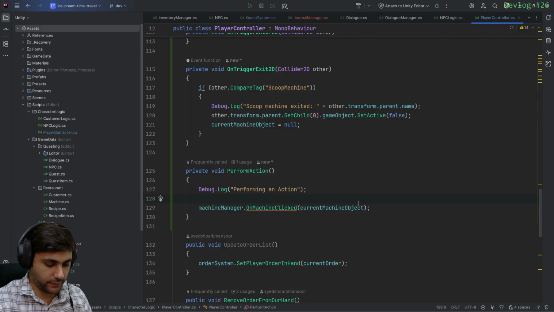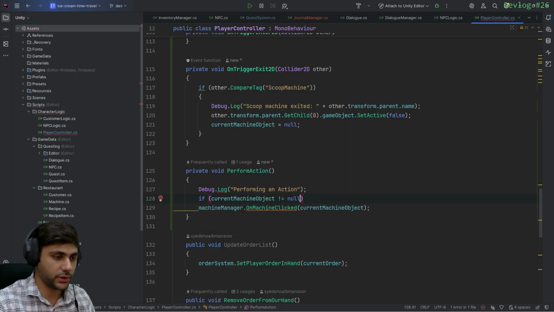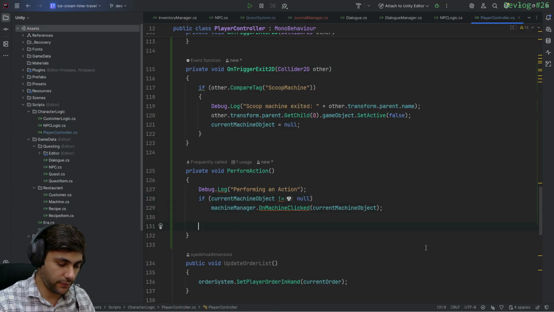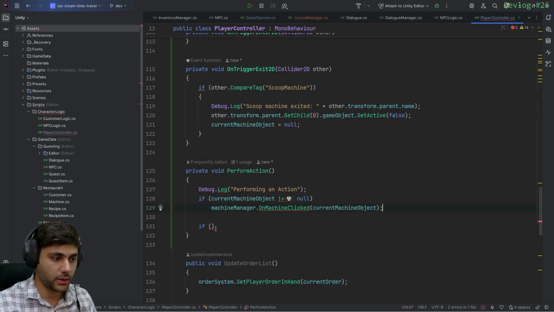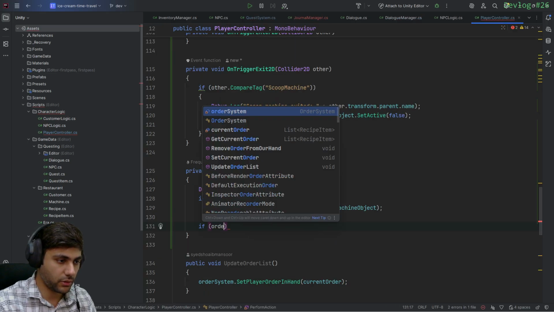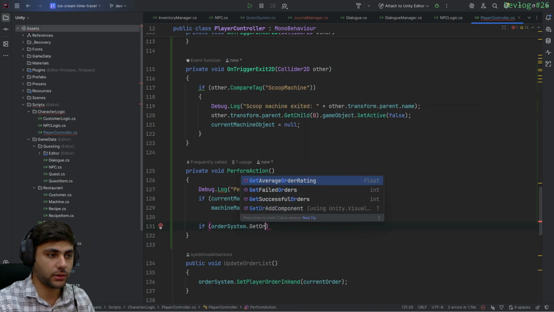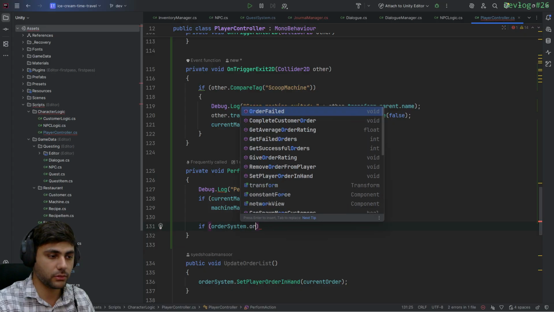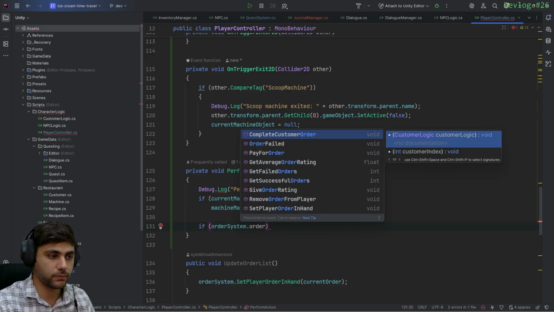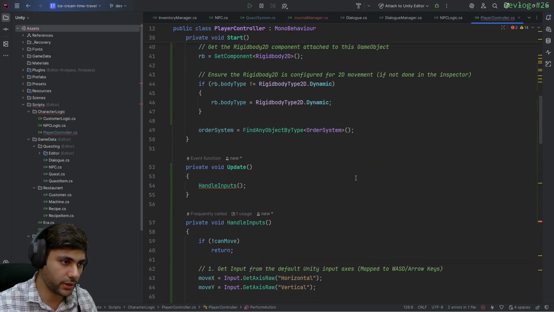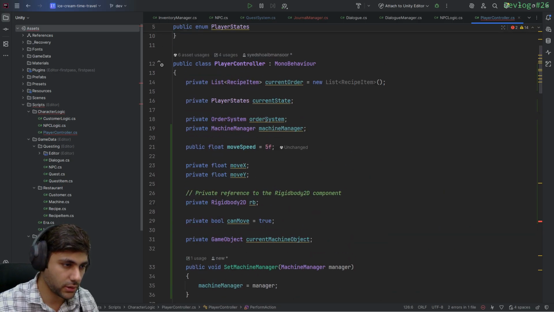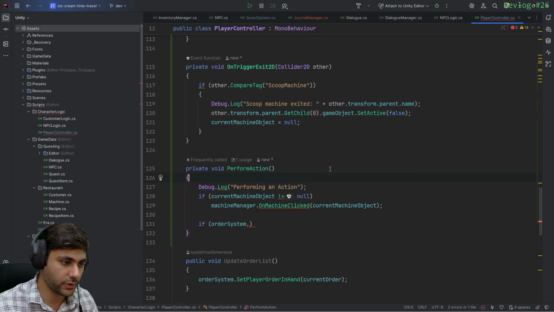Yeah, so maybe it should be if current machine is not equal to null, then this would run, and if, what is it? Order system dot get, we have a current order in our hand, I guess. Yep, we have current order. Yep. So if